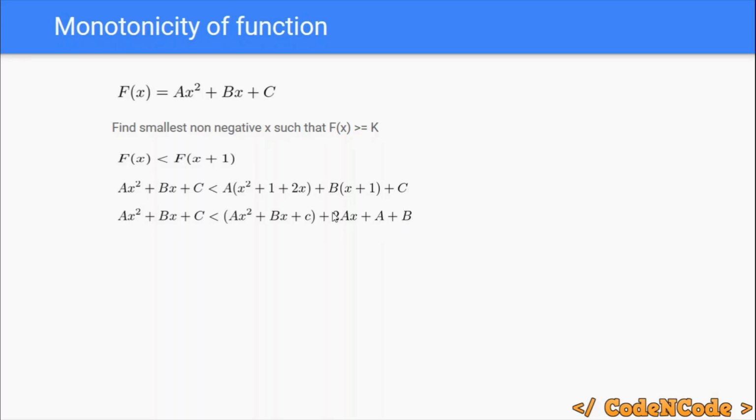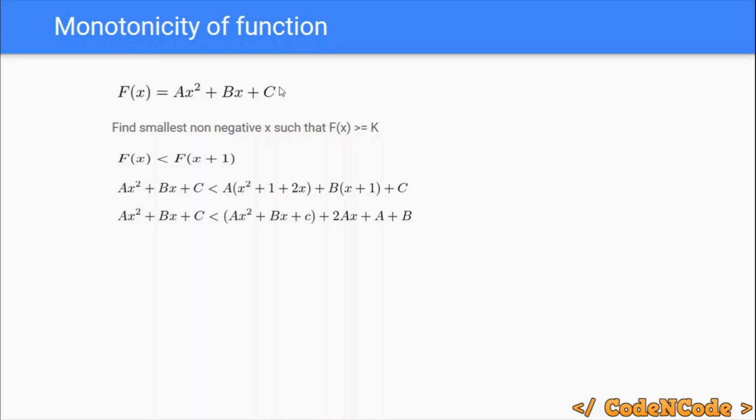Now since all of these terms are non-negative, actually positive, we can see these terms add something extra to ax square plus bx plus c, which is on the left hand side. So the right hand side is strictly greater than the left hand side, which means f(x plus 1) is strictly greater than f(x), which means this function is actually